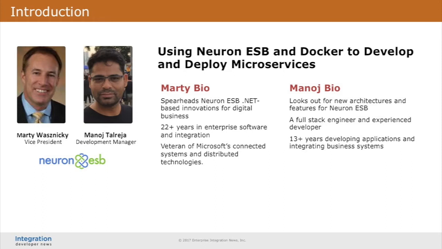In their session, using Neuron ESB and Docker to develop and deploy microservices, we're going to find out just exactly how the modern day approach to ESB is really starting to open up opportunities for using microservice architectures and containers to build, deploy, and integrate applications faster than ever. In particular, we're going to learn how Neuron ESB can help simplify many of the complex steps that go along the way, creating a microservice architecture, virtualizing a service or an app, and even give developers self-service capabilities. And I hear we'll even get a demo of how Neuron ESB can Dockerize service endpoints.